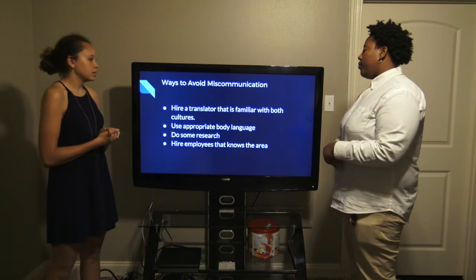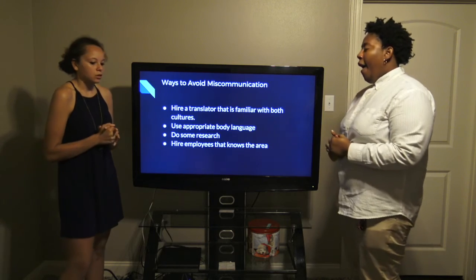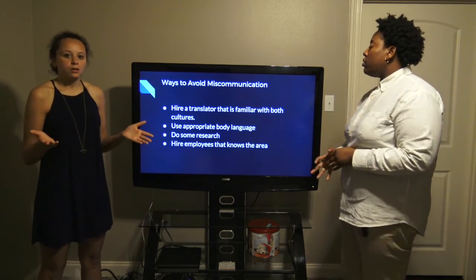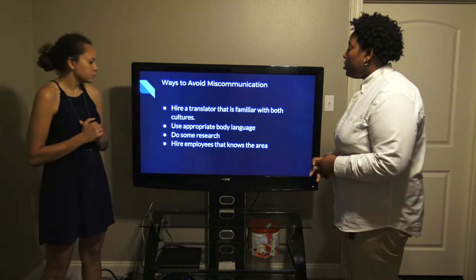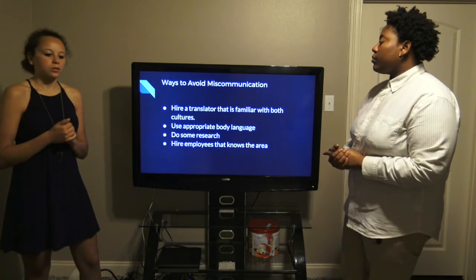Use appropriate body language. Do some research. You want to know what their culture is like, and you don't want to do anything to offend them. And also hire employees that know the area. You don't want a lot of employees that don't know what's going on and